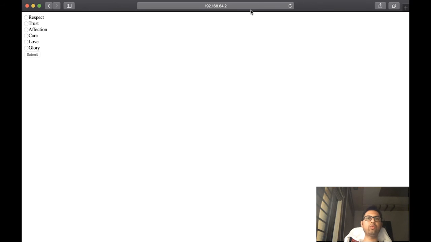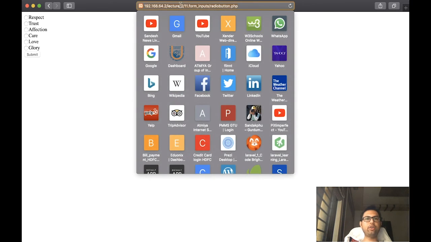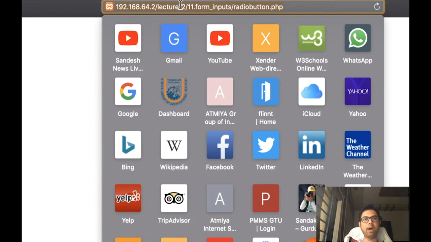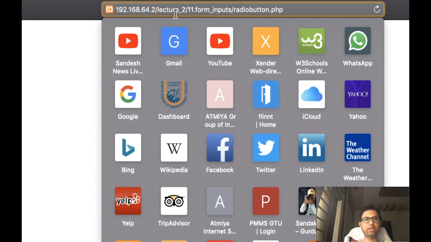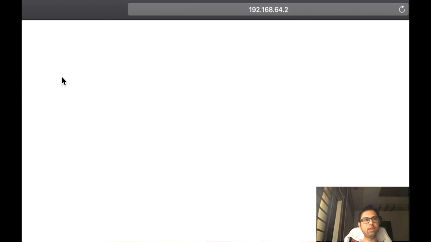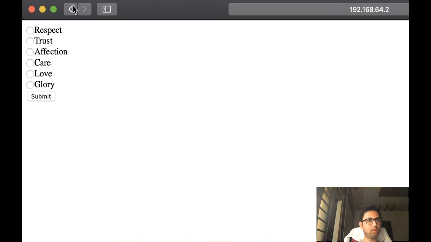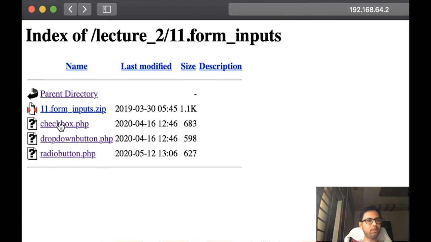Of course, you have to redirect your path to where you have saved your PHP script. I have saved my PHP script over here in lecture 2, in the 11 form input folder, and the program name is, not radio button, we are going to see checkbox.